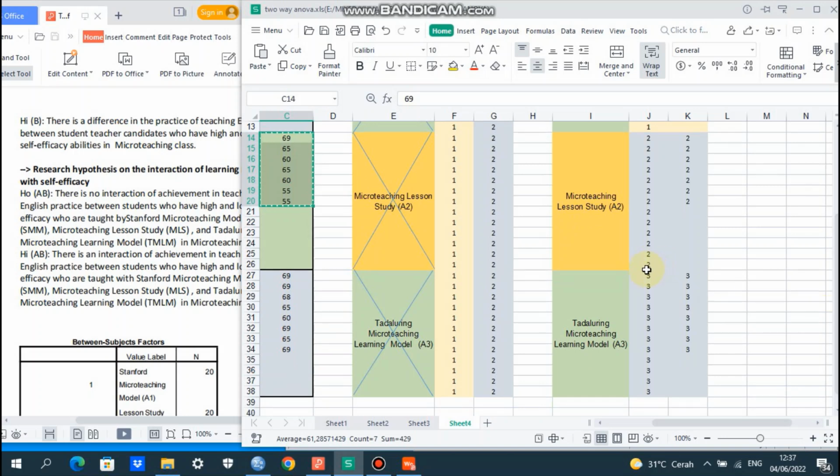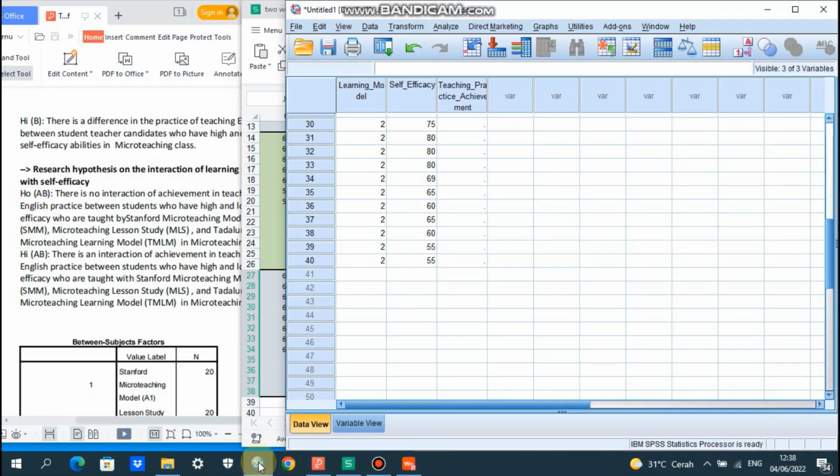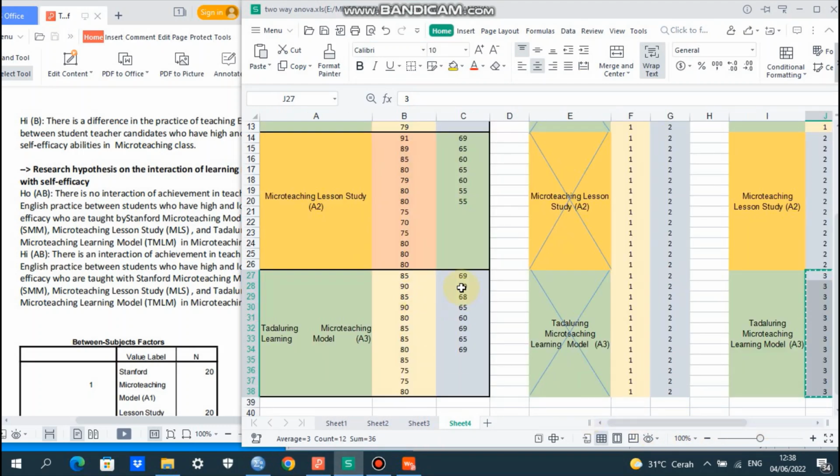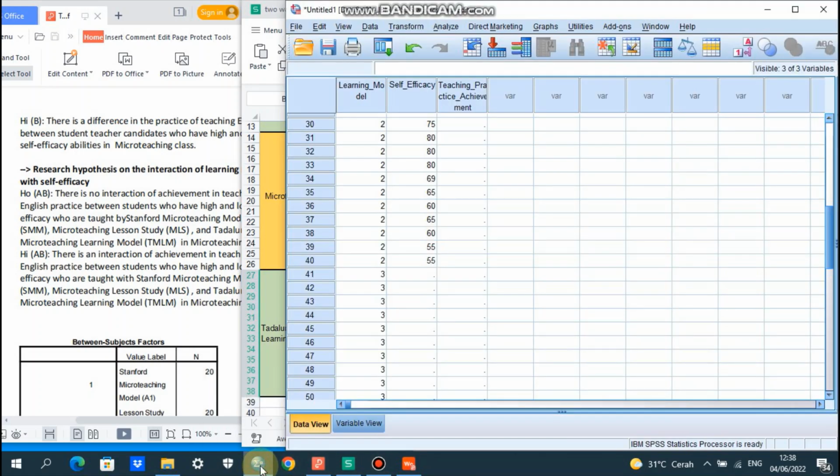We copy 13 students joining the Tadaluring micro teaching learning model. We paste it here. And then we copy the scores of students with high self-efficacy joining the Tadaluring micro teaching learning model. Okay, we paste it here.